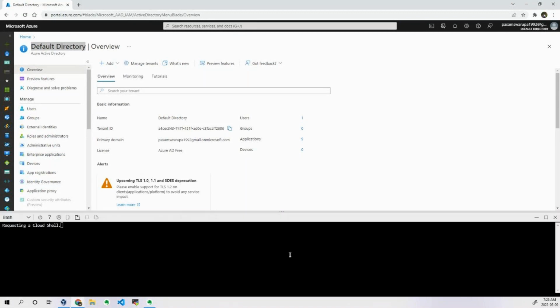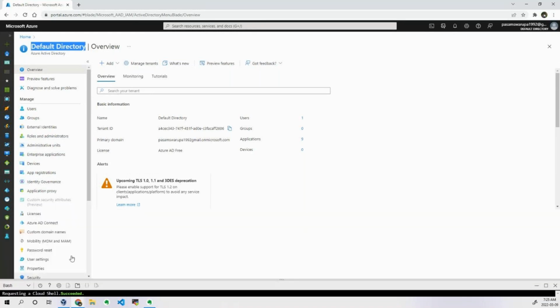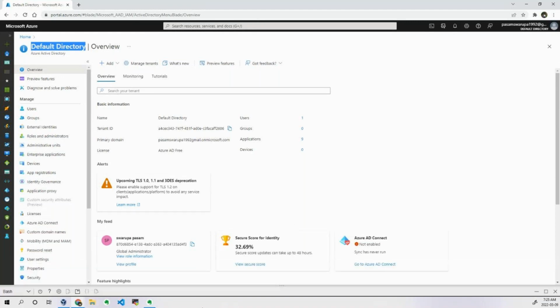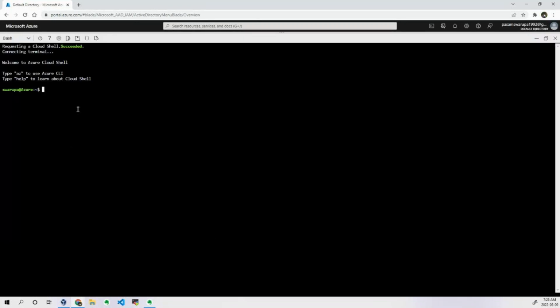So let it be done. Yeah, now we can say the shell was getting created. The advantage of this is also that there is no need to provide authentication. Okay, it's already done. Just a second, why is it going down? Let me make it like so. Yeah, now we can see, right, I logged in.